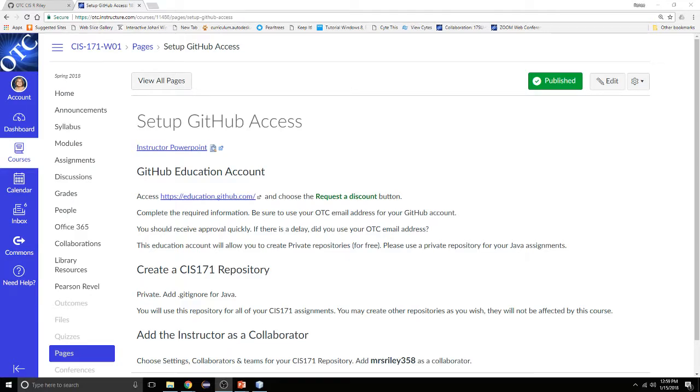Hi class. In this video, we're going to look at setting up our GitHub access so that we can control our source code using GitHub repositories and so that we can use that to turn in our assignments. I'm on Canvas looking at the page that is talking about GitHub access, and I'm going to open this instructor